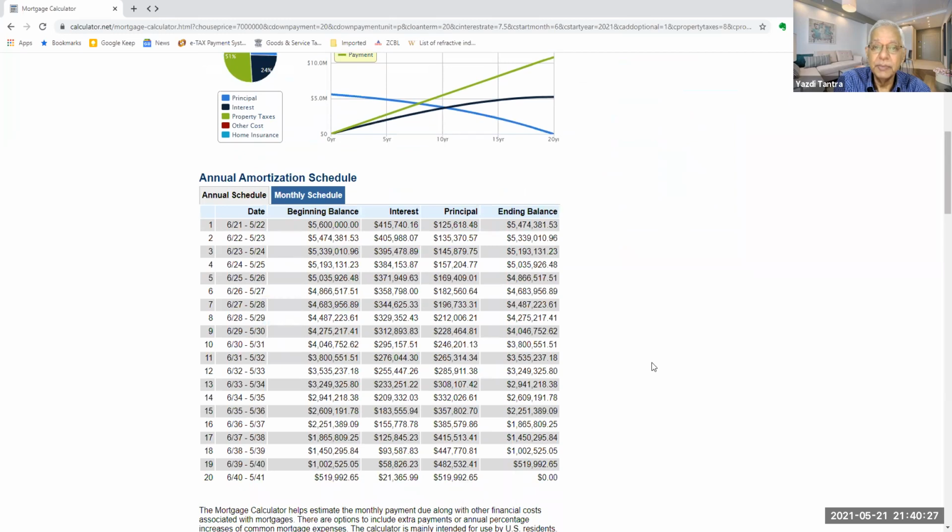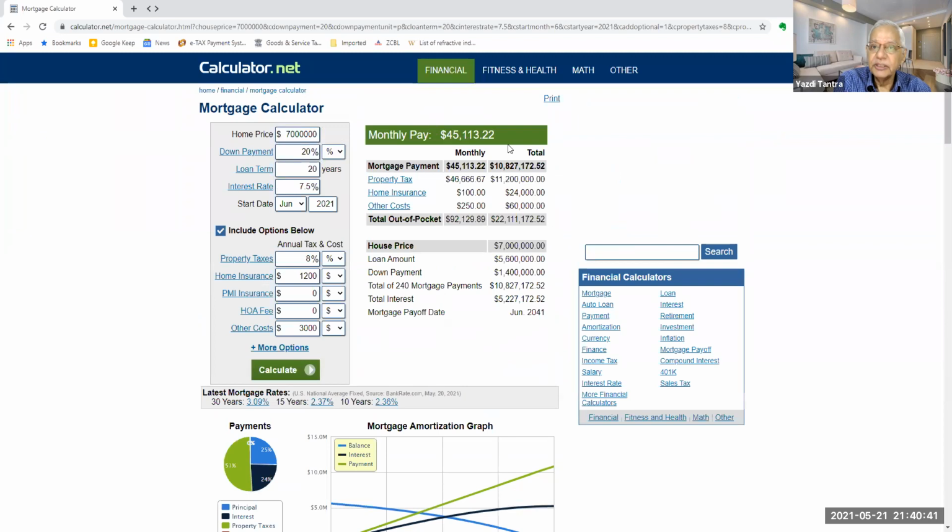You know, in an EMI, you have principal and interest. So interest progressively goes on decreasing, principal progressively goes on increasing, because your EMI is the same. It's a constant figure of 45,113. Are we clear on this?